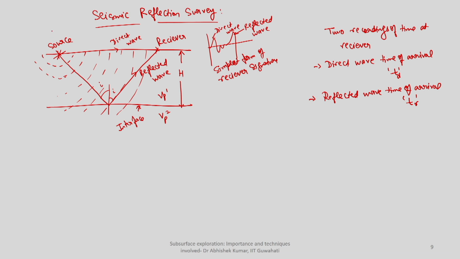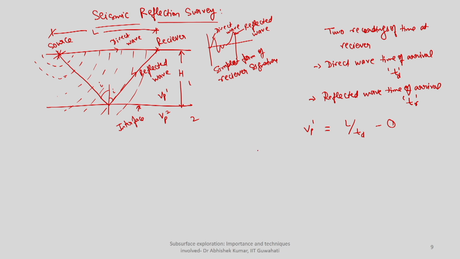Now you see here, for a known distance between the source and the receiver, that is capital L, what will be the Vp value, that is Vp1 for layer number 1? Vp1 can directly be called L over Td. For a known distance between the source and the receiver, if you know the time of the first disturbance detected at the receiver, you will be able to determine the value of Vp1.